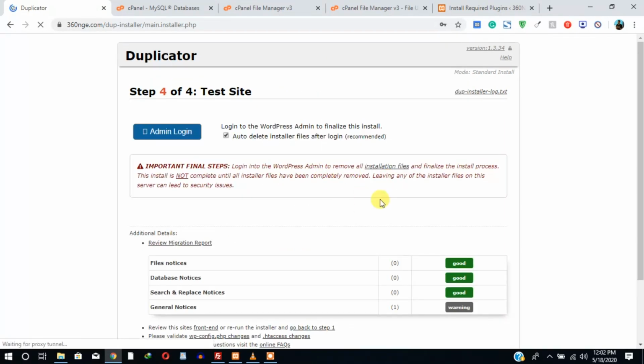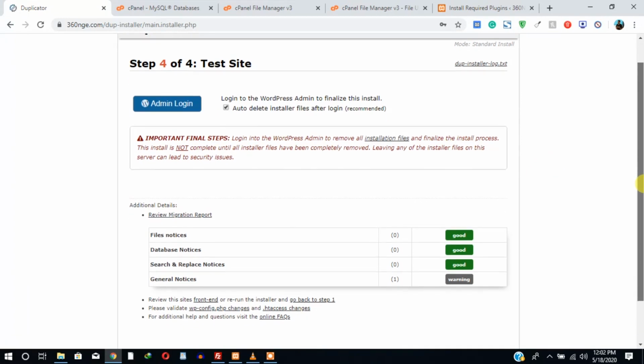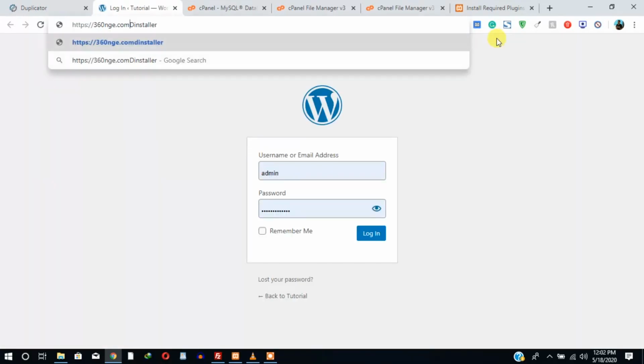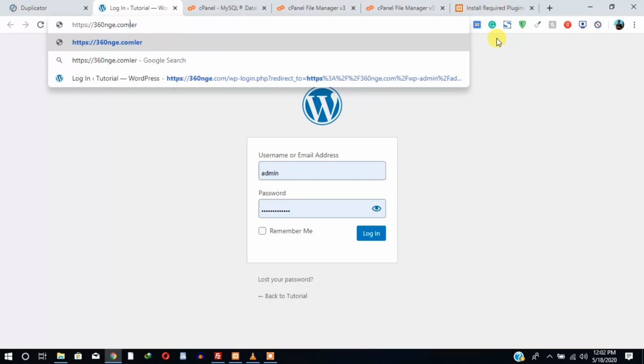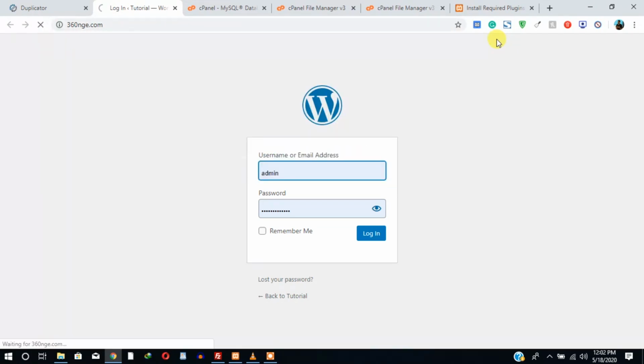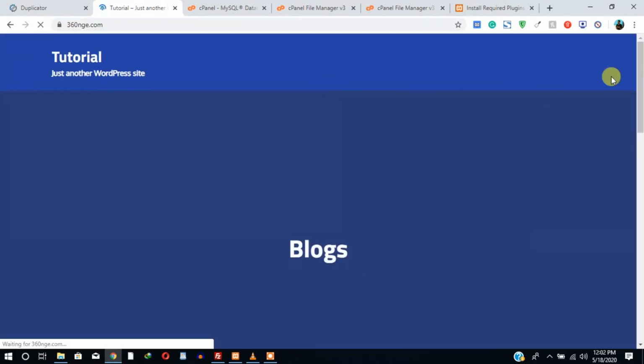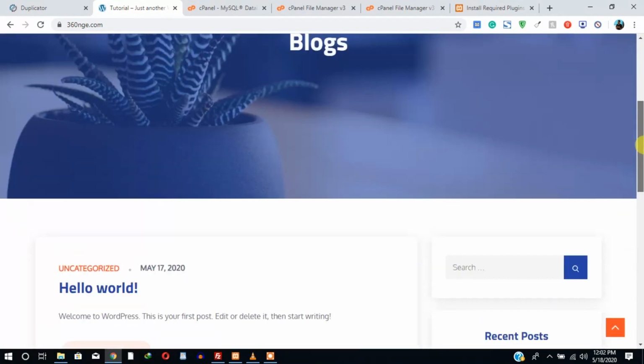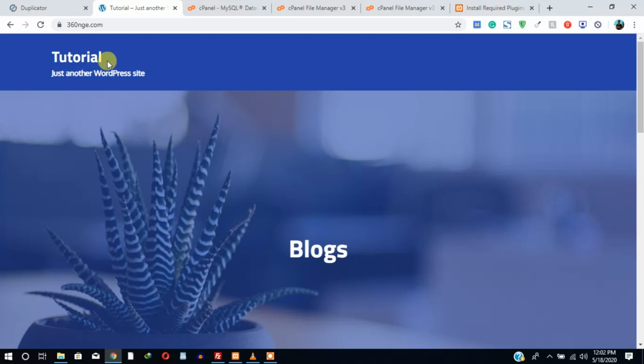Okay, so as you can see, this should already work. So let's just go to our homepage and see. So we'll go to the main domain and see if that worked. Okay, that's good. So as you can see, we've successfully migrated this site from a local server to the live